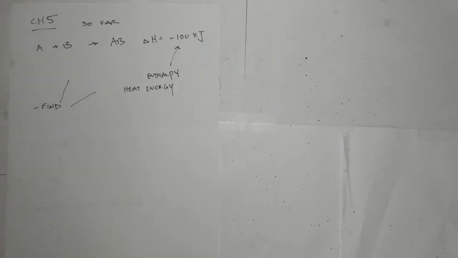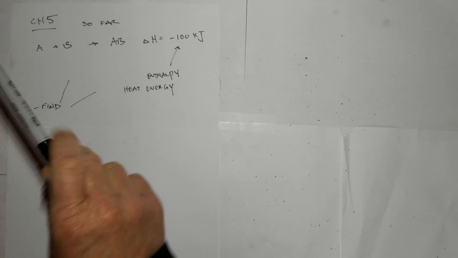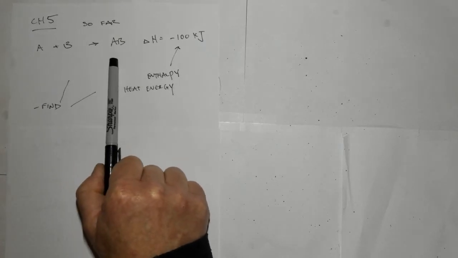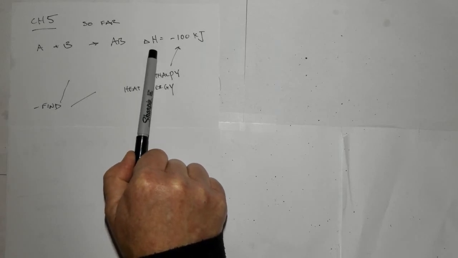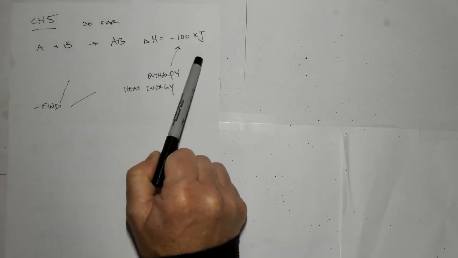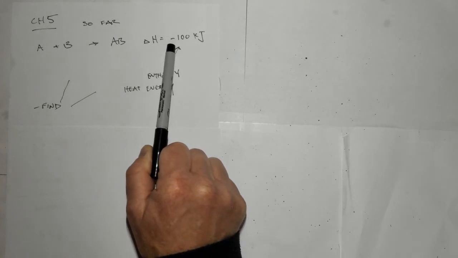Well, so far in Chapter 5, we've looked at heat energy with the fancy name enthalpy. And we've said that a process, in this case a reaction, where two things come together to make one, has a particular delta H, triangle meaning change, H meaning heat energy, known as enthalpy, equal to negative 100 kilojoules. Energy, of course, is measured in joules or kilojoules, the negative sign meaning that it's an exothermic process, or